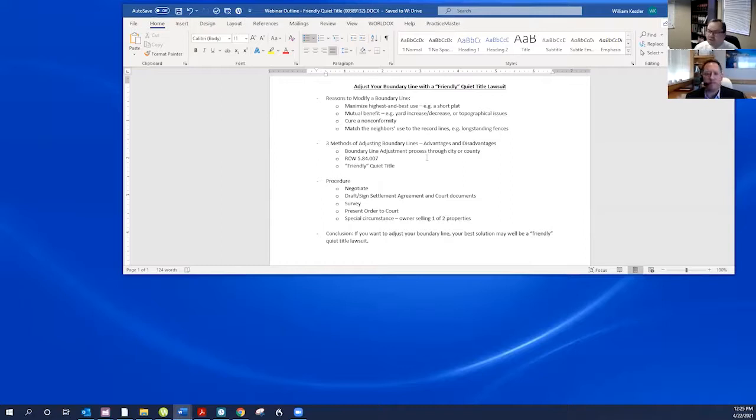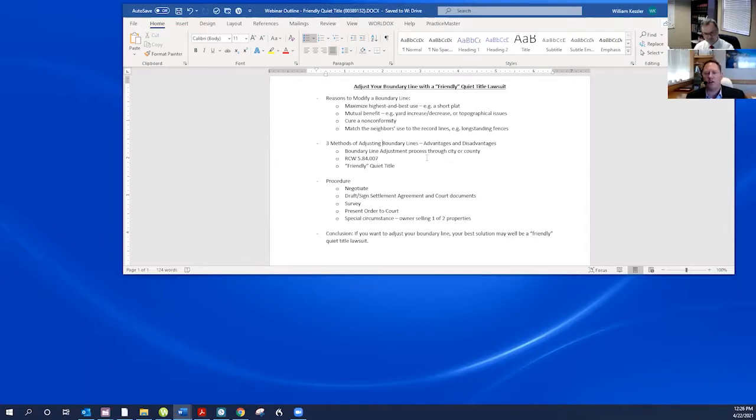So there is a statute in Washington that allows property owners to simply agree to adjust the boundary. What's that statute all about? So you'll see it on the outline here, RCW 58.04.007, what I call the 007 agreement. It looks really great on its face.